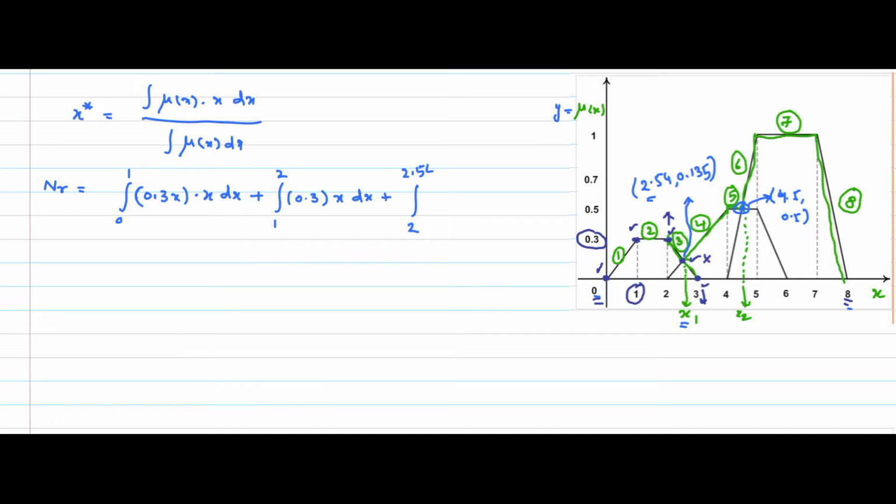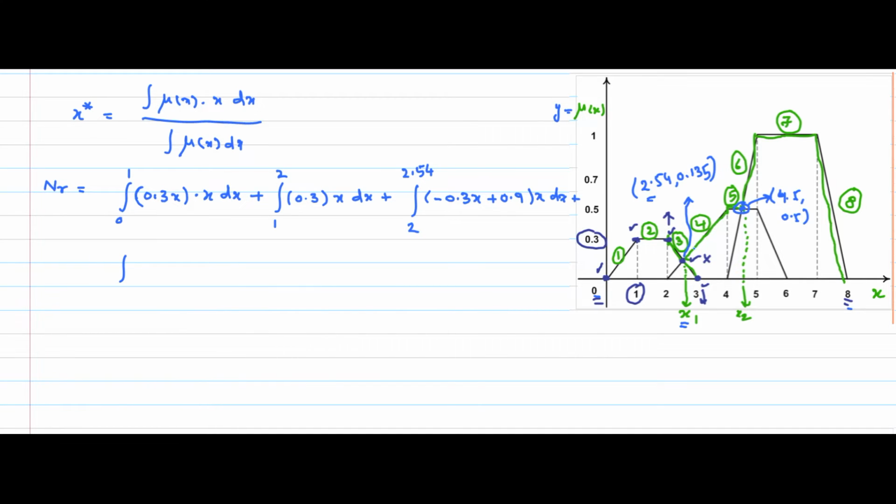You need to be cautious every time. From this point to the end, the intervals should be continuous up to 8. See, 0 to 1, 1 to 2, 2 to 2.54 and so on up to 8. I will let you know once it is finished. This is the third line equation, let me take it as 0.35x plus 0.9. We have solved all these equations in the previous video. So 0.35x plus 0.9, into x dx, plus the integral of the next equation. The third line equation is over.